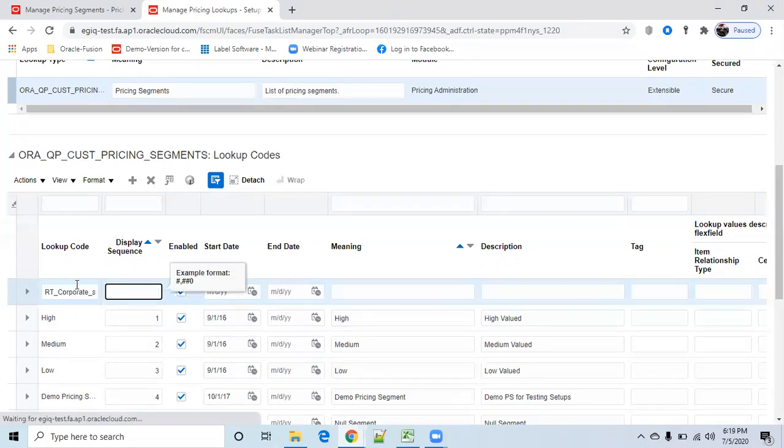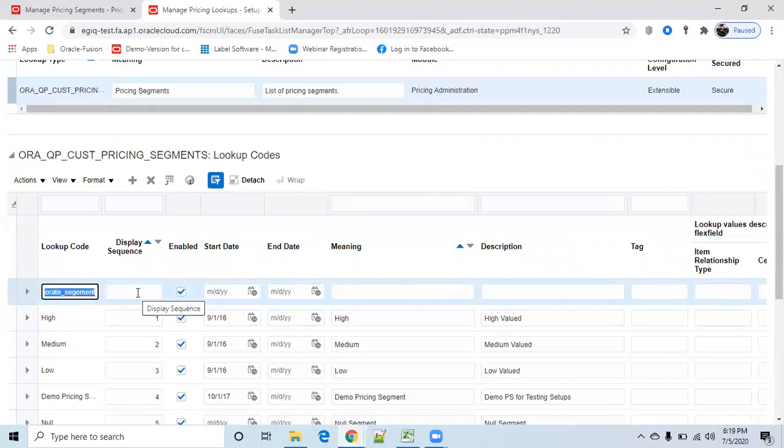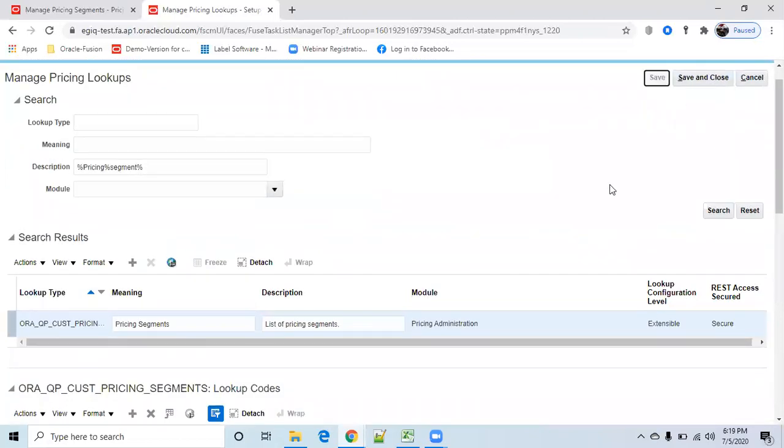If you want, you can keep the same meaning, segment, and the same description, not a problem. The remaining things are all optional. Once you create your lookup, click on save and close.